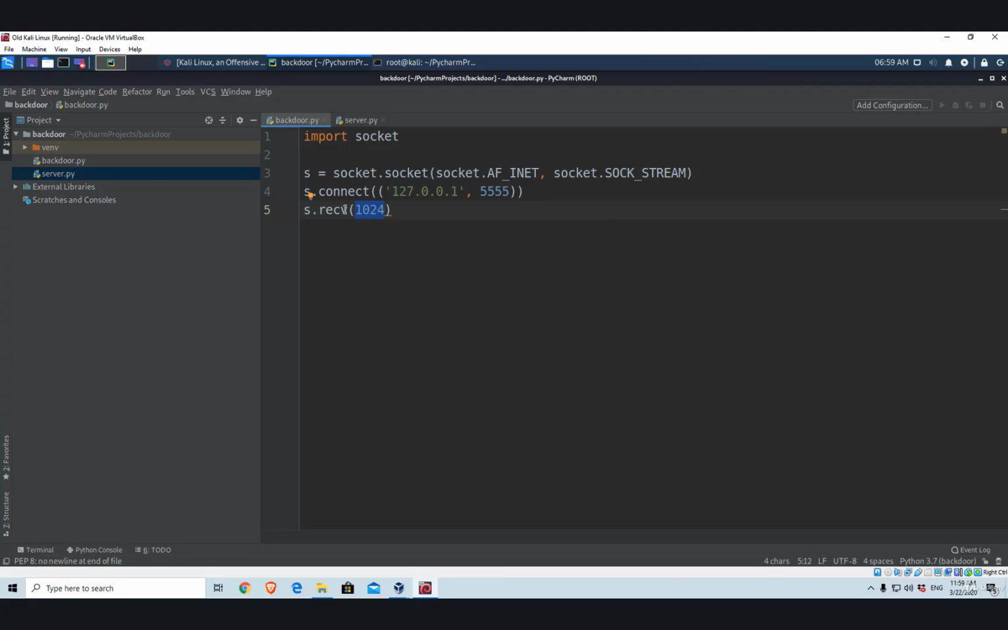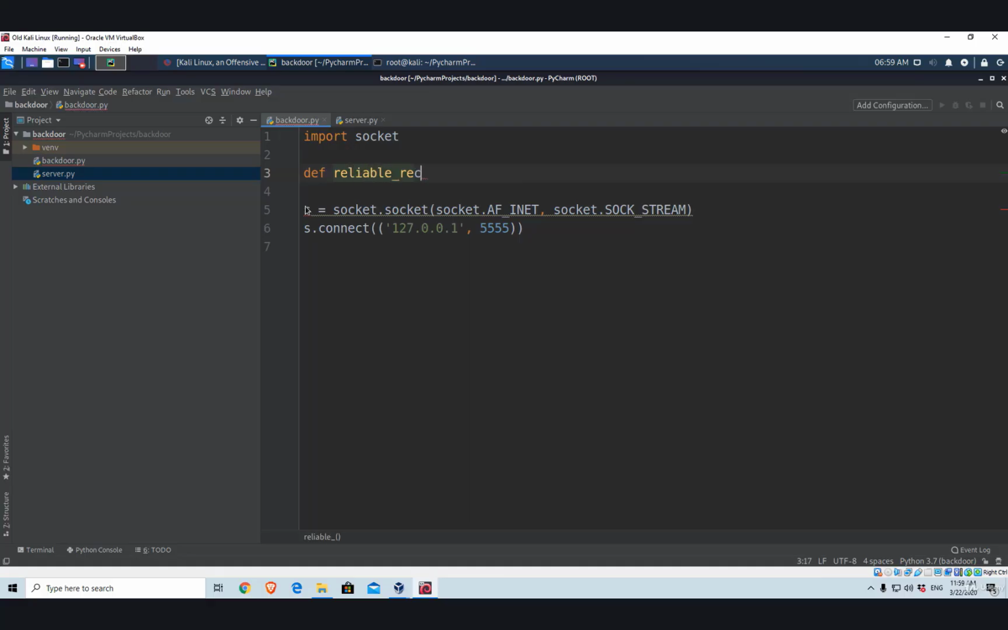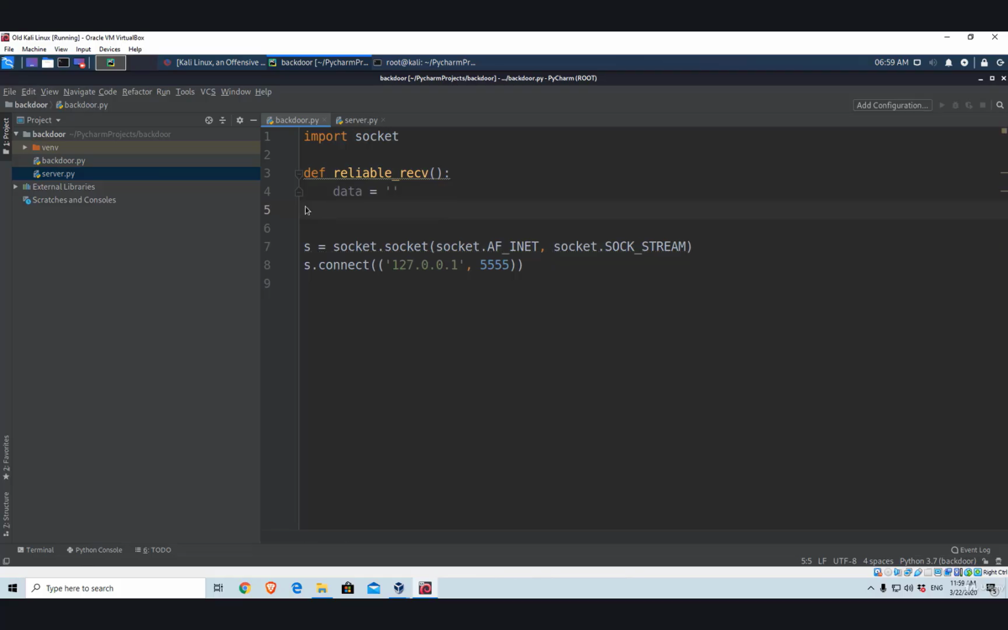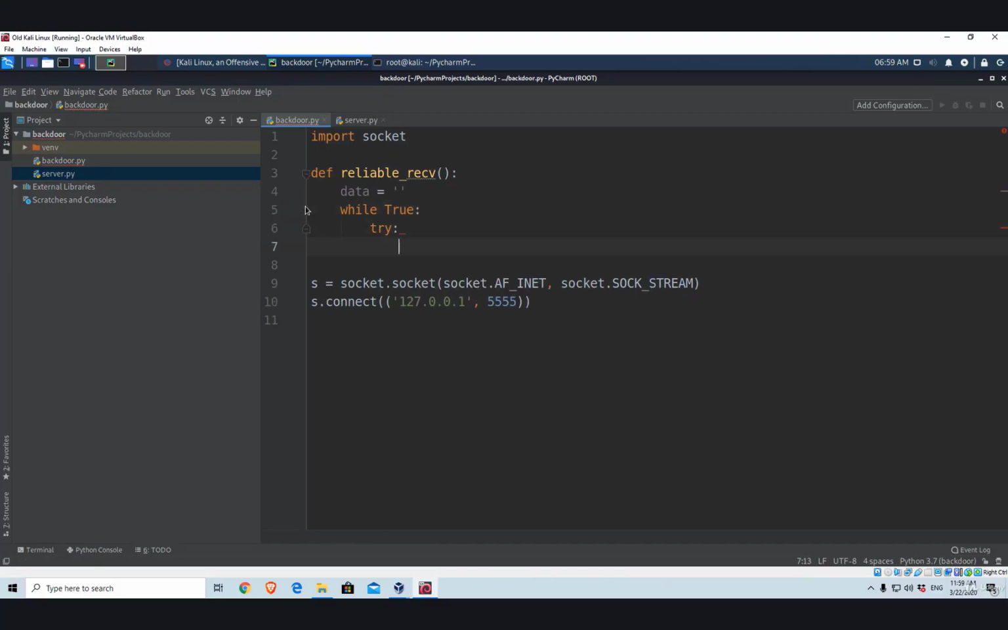So let's create a function that will be able to accept and receive any amount of bytes that the server sends. Let's delete this, and we will simply create a function called reliable_receive. This function will declare a variable called data, which will be empty at the beginning. Then we're going to enter an infinite while True loop, which is going to try to receive the data. So data will be equal to the previous data plus